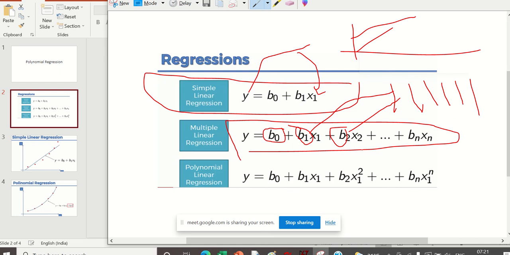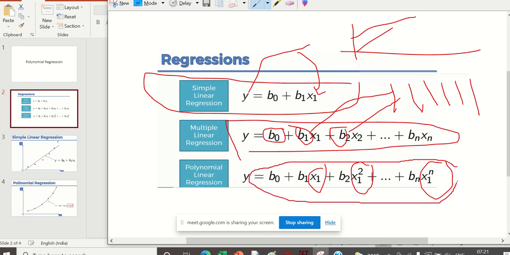Now this is multiple linear regression. If it was polynomial linear regression, how would it be? It will be the same, it can have multiple x, but it will take a square of it. You can see here x1 square and x1 to the n, so there can be multiple orders also. Here x1, you can also have b1 x1 plus b2 x2 plus b3 x2 square, it will also do that. So this is how it will work.